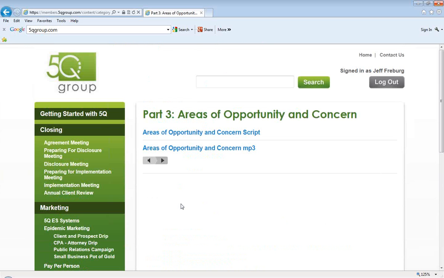What they're going to do is tell me that in the areas of opportunity and concern there are 8, 9, 10 different things, and I know they came in wanting to know one thing. Let's say I did a Social Security workshop, and they come in because they want to know what they can do to increase their Social Security checks, and they have some questions about some of the things I talked about there. I know that's on their mind, but it's my job in the areas of opportunity and concern to take that one thing and make it into 6 or 7 things